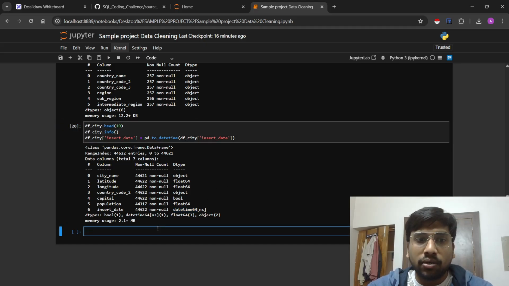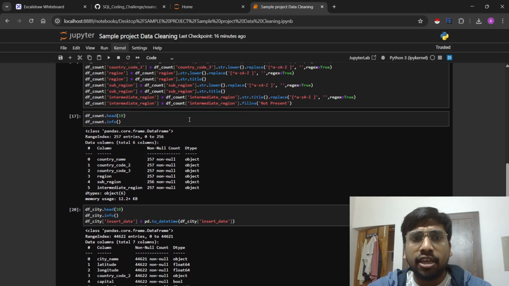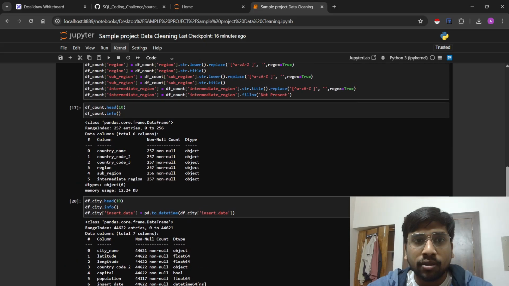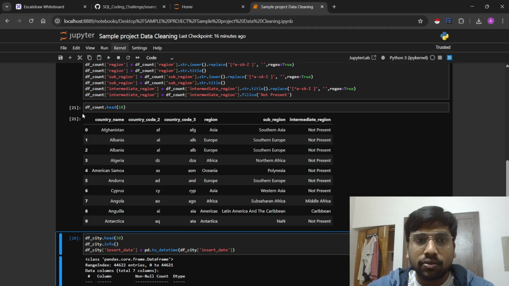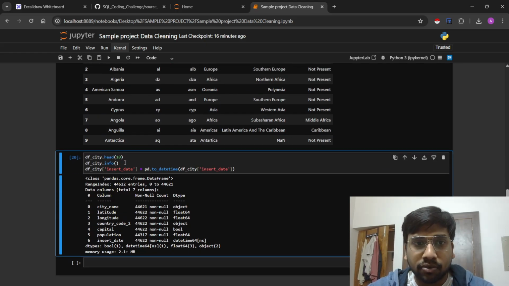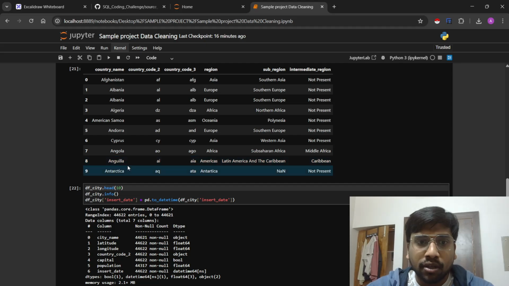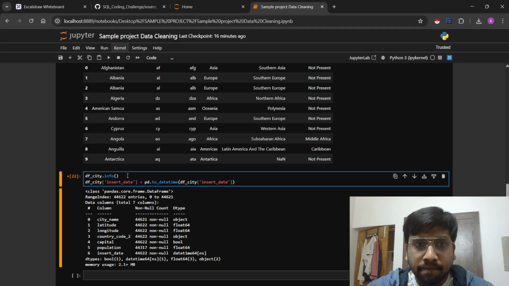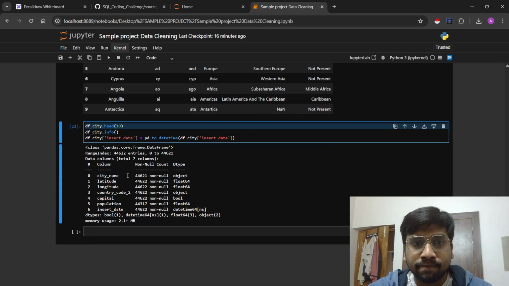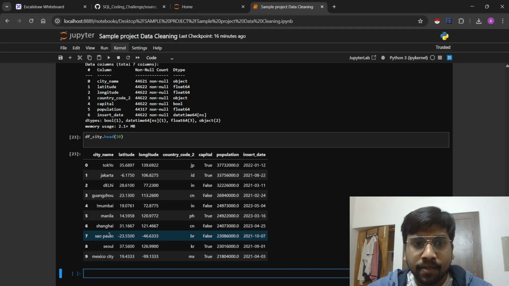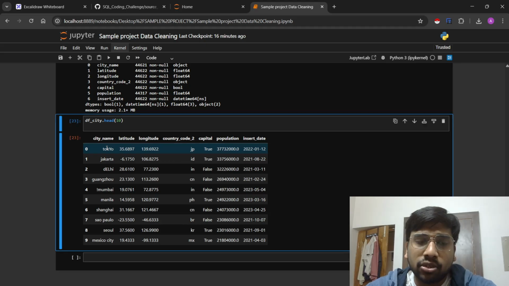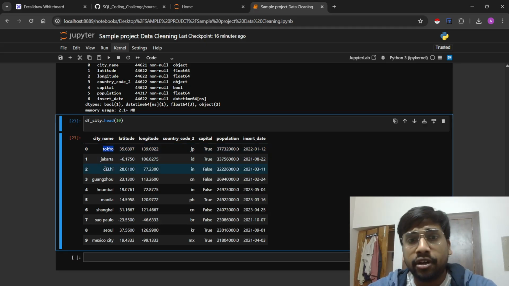Now we can do the same cleaning part that we did in the first data set. Sorry, not this one, this one. For this also not much cleaning is required, you just need to lowercase this and then convert it into title case.